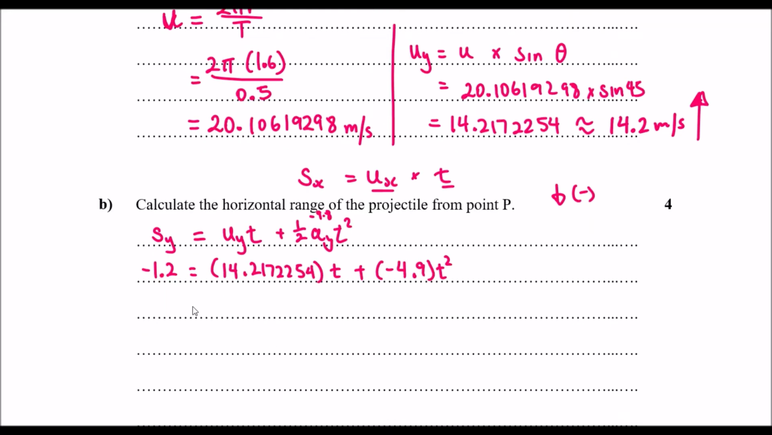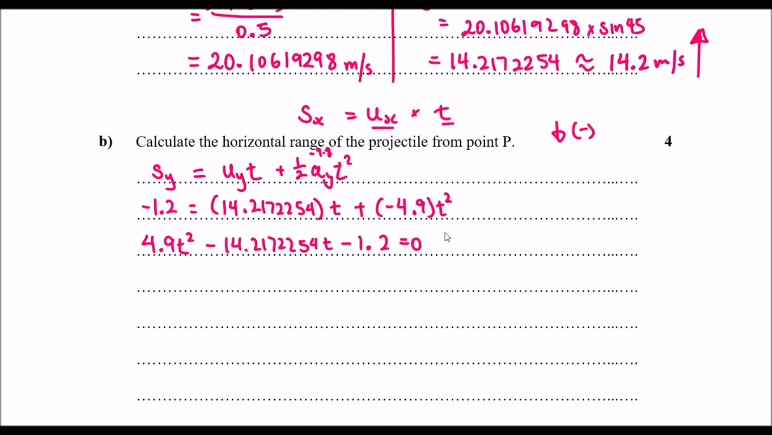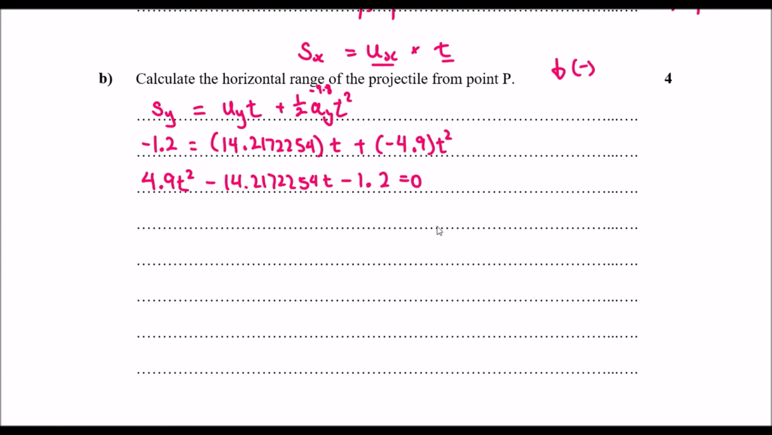And now I'm going to rearrange the equation where t squared is a positive value, and so we get 4.9 t squared subtracted by 14.217224 t, subtracted by 1.2, and that equals 0. So I think some of you can already predict what we're trying to achieve here, and that is to use